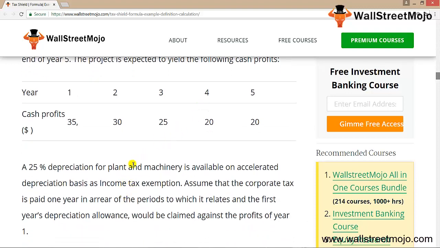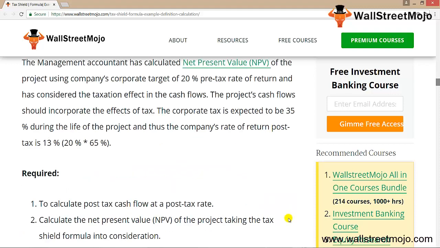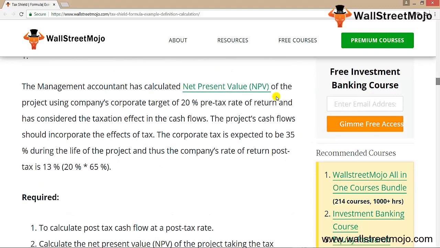A 25% depreciation for plant and machinery is available, and the corporate tax is paid 1 year in arrears, which relates to the first year, and would be claimed against the profit of year 1. Now over here there are some other details, like the management accountant has calculated the NPV and the corporate target